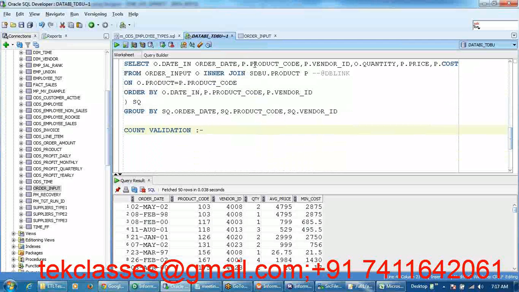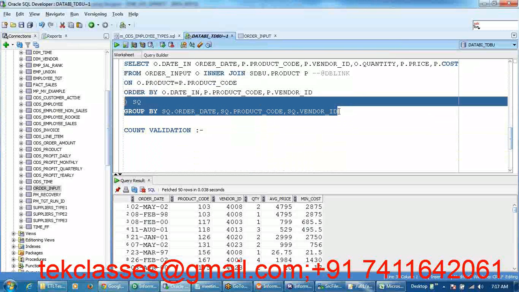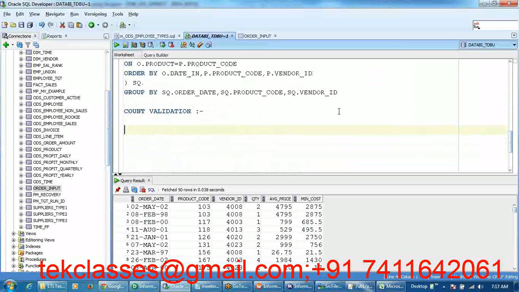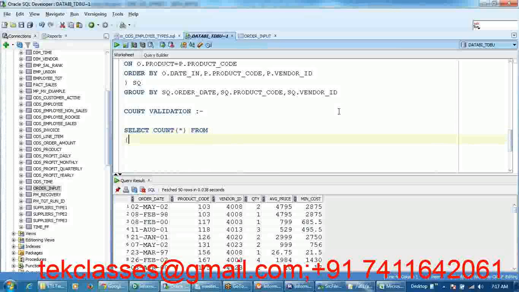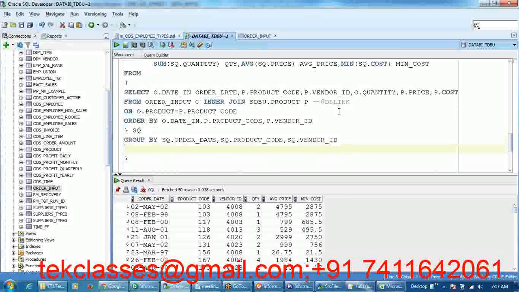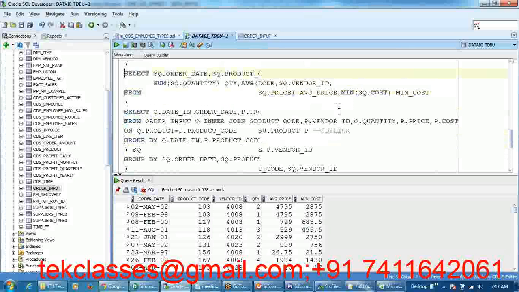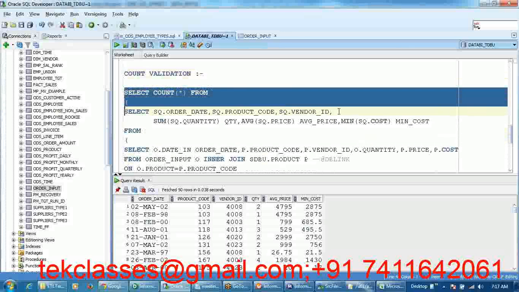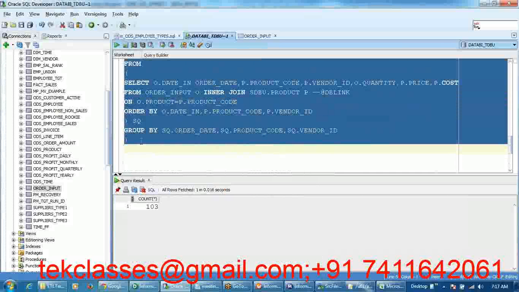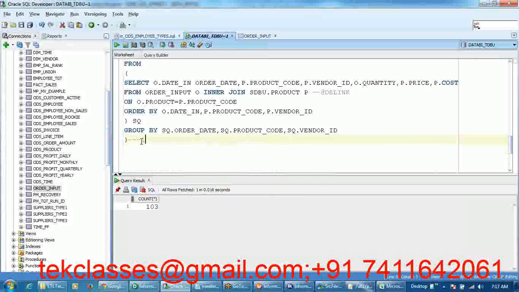So this is your source query. Take the source query and find out the count of records returned by the source query. So how do you do it? Let's say select count of star from whatever the query that you have. I'm just pasting that in between the parentheses. Now let's get the source count, right? So you have a total of 103 records which are returned by your source query,